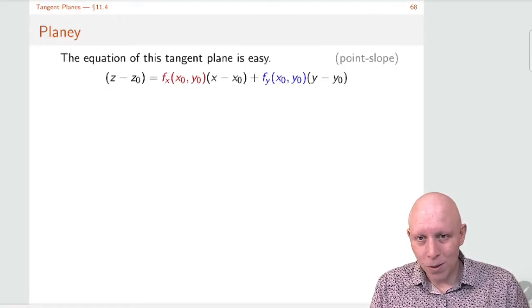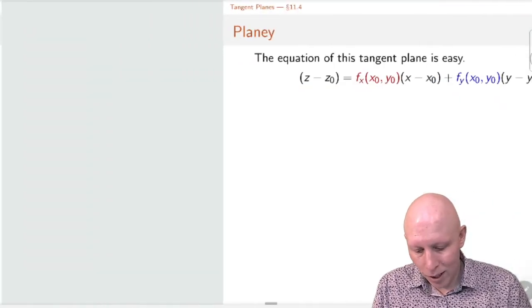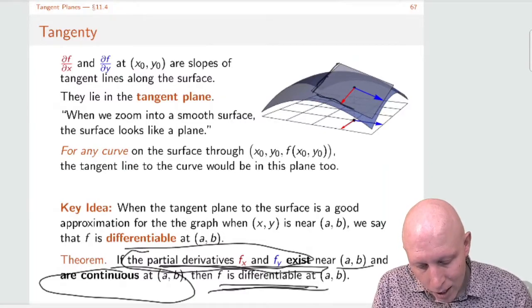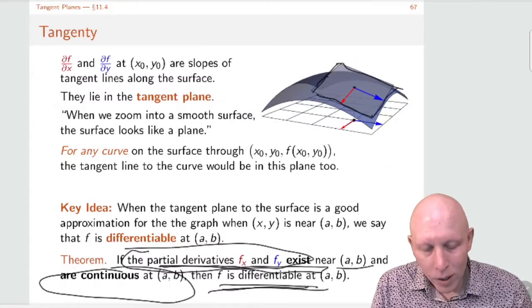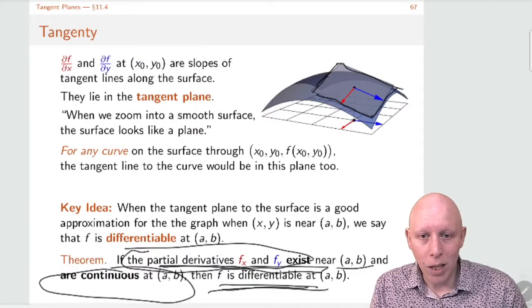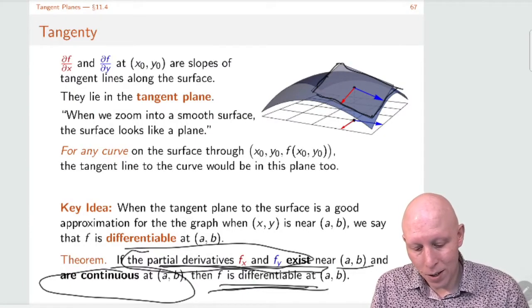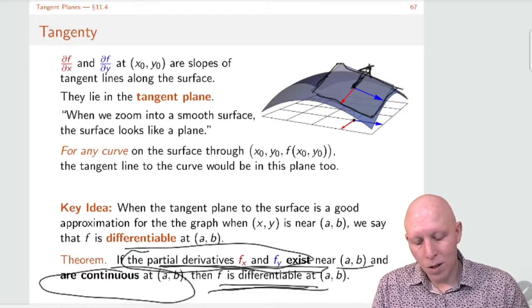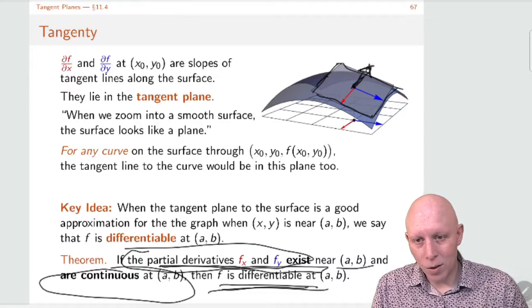I've got a really simple equation here, but let me just give you the intuition for what's happening here. Let's look at our tangent plane, and let's talk about what the normal vector to this tangent plane would be. All right, so the normal vector to this plane, well, it's going to be,